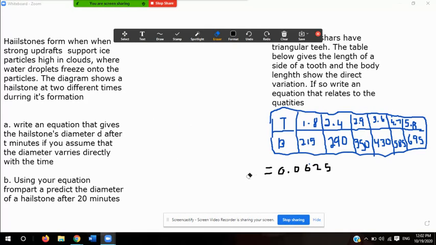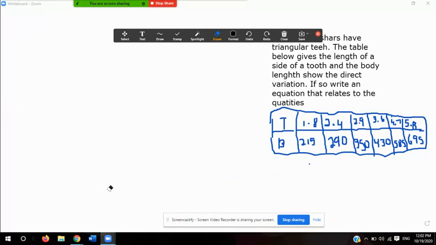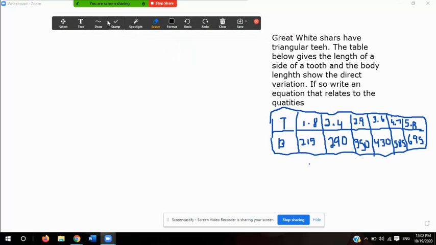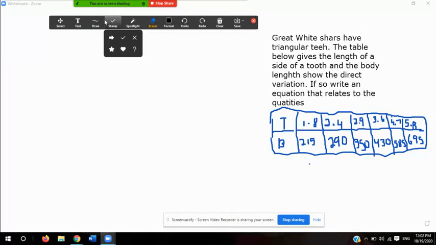And I can erase this, and I can erase this, and I think the story problem here can be deleted as well. Okay, so now let's see if I can move this bar a little bit. There we go. And it says,